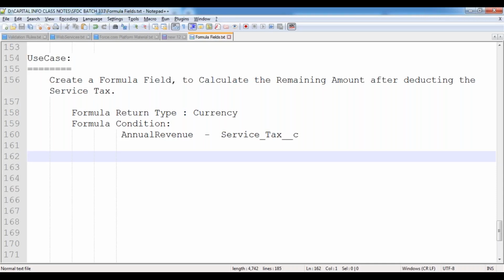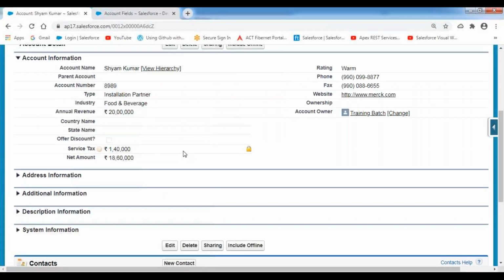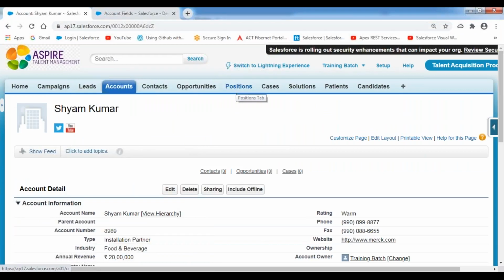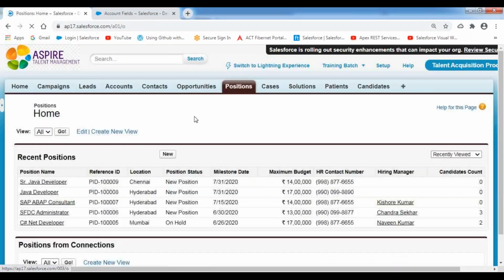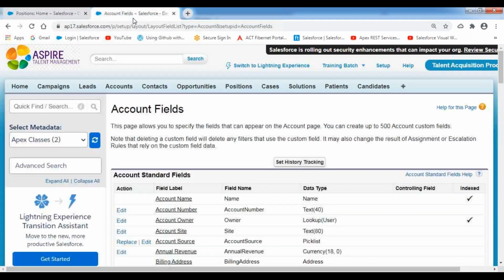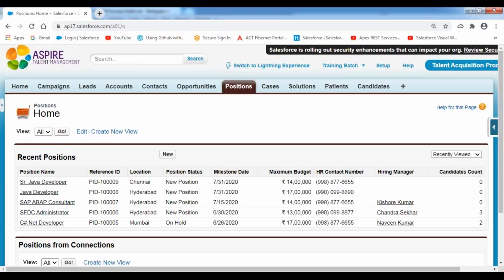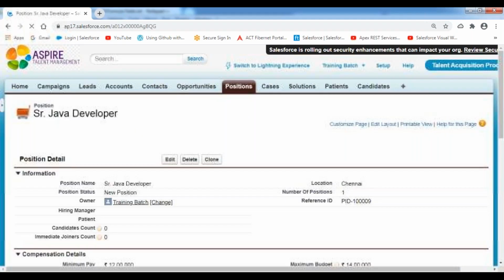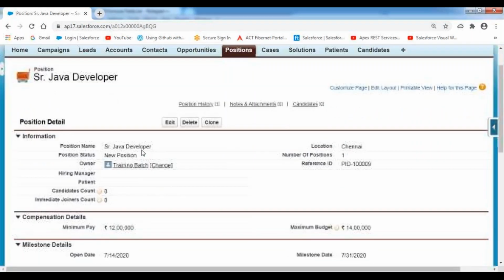For example, assume that I have a position object. It's my custom object here. I have created a position record sometime before. There was an open position for a senior Java developer.